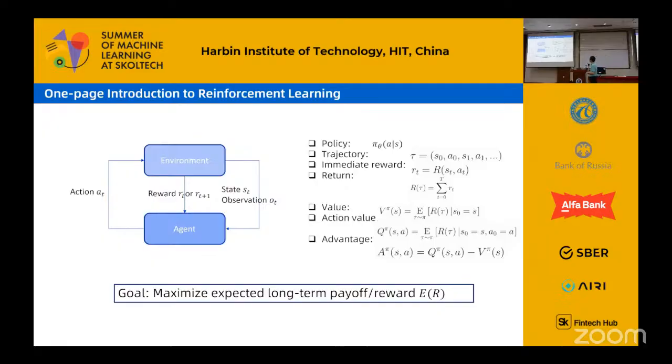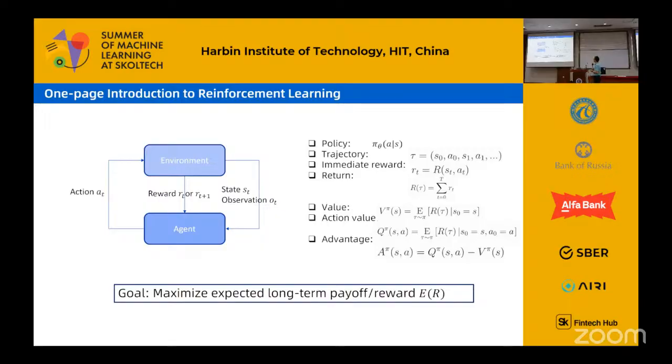Okay. So you can see that there is a value function. Value function is only defined on state. That means start from this state, and for all future actions, I will use policy pi to take action. So what's the expected reward? You can see the difference between value and action value is whether the current action is determined.